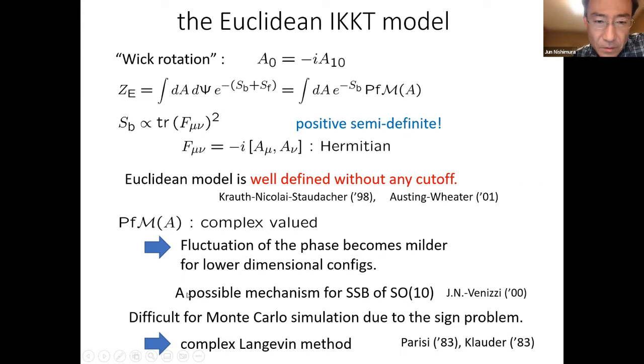And this has been discussed to be a possible mechanism for SSB of SO(10) symmetry of this Euclidean model. But on the other hand, the fact that the Pfaffian becomes complex means that it is difficult to study this model by Monte Carlo simulation due to the sign problem. However, we have a nice method to overcome this problem, and this method was proposed by these people in the early 80s, and there is some revived interest in this method,